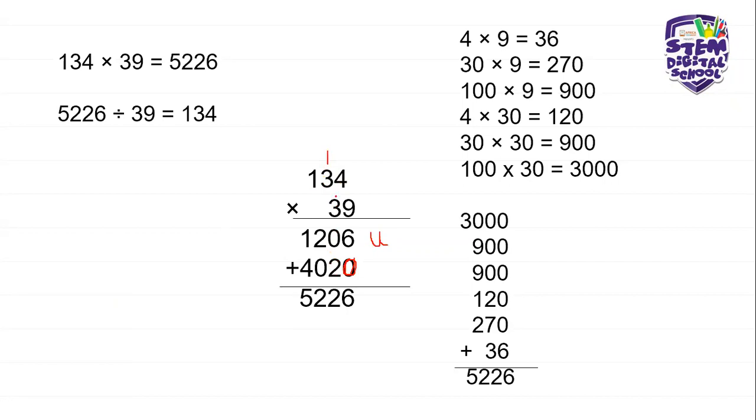Then I say 3 times 3, which is 9, plus 1, which is 10. And then I put the remainder, which is 1, over the other one, and put the 0 down there. Then I said 1 times 3, which is 3, plus 1, which is 4. And there's my second answer for the tens.